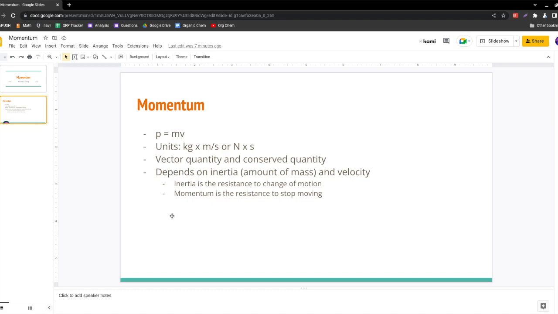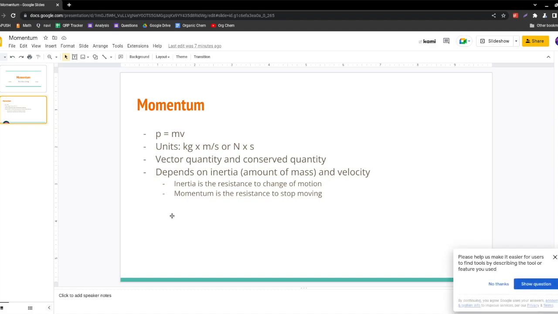And the important thing to note about momentum is that it's a vector quantity, so it has magnitude and direction,